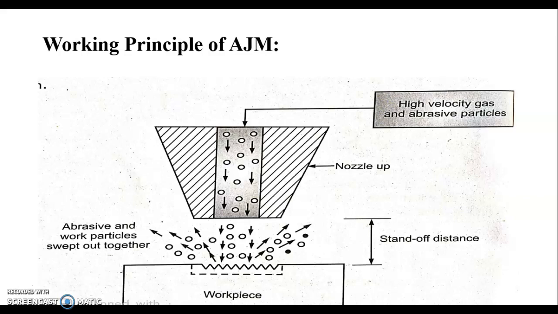the nozzle and workpiece. So abrasive jet machining is a process that removes material from the workpiece with the help of abrasive particles. The process consists of a mixture of fine abrasive particles and gas at a high pressure. This stream of mixture is directed through a nozzle onto the work surface of the workpiece as shown in figure. The abrasive particles strike the workpiece at a high speed. As the particle impacts the surface, it causes a small fracture of the work surface which results in removal of metal. The gas stream carries both the abrasive particles and the fractured particles away.